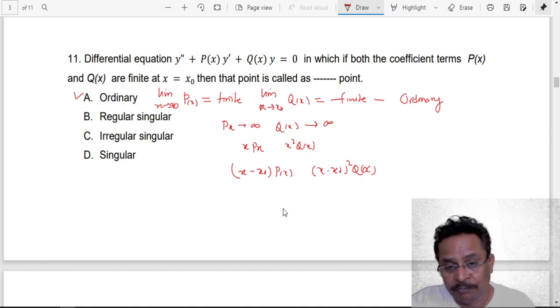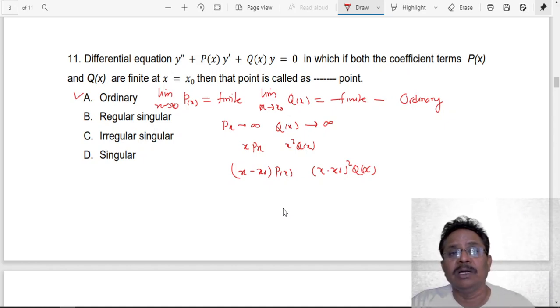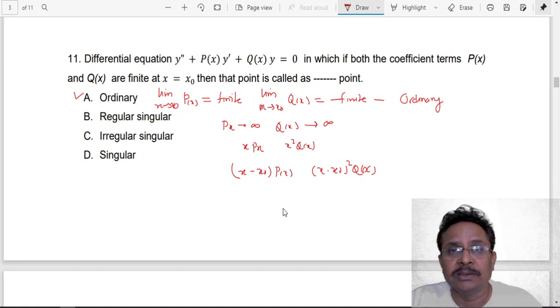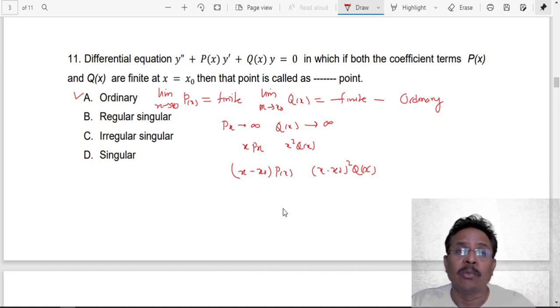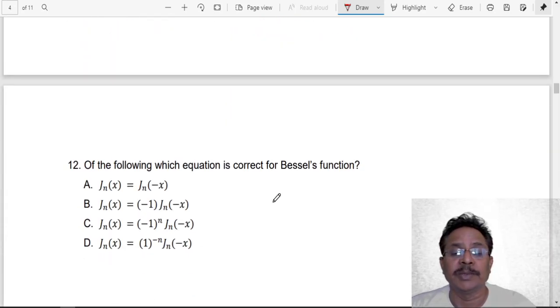And also we know that these are the conditions required for a series solution to be obtained at that particular point, provided it is an ordinary point or a regular singular point. If it is ordinary or regular singular, then the series solution or Frobenius series solution for that type of differential equation can be obtained. So this is a theoretical question. We did not go into details of the remaining aspects of this.